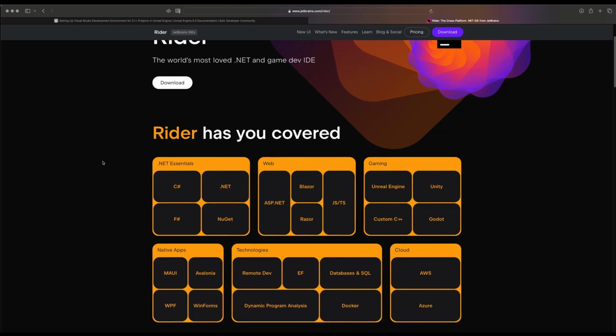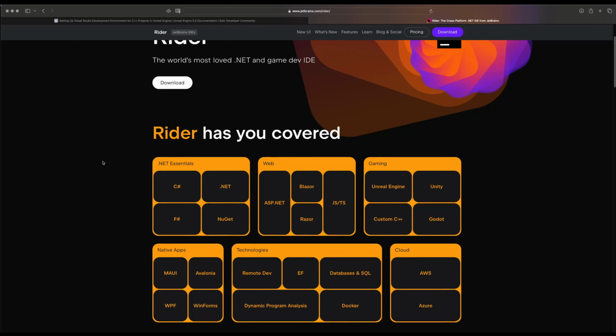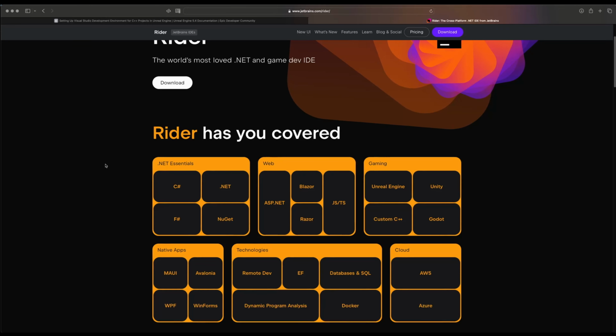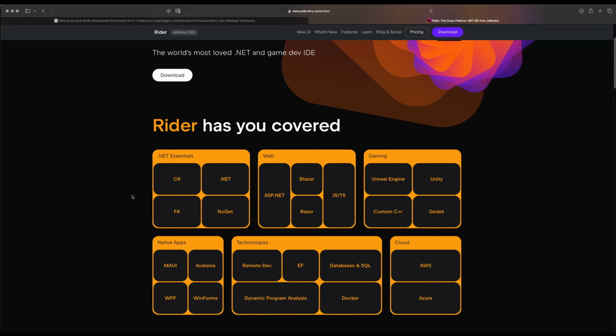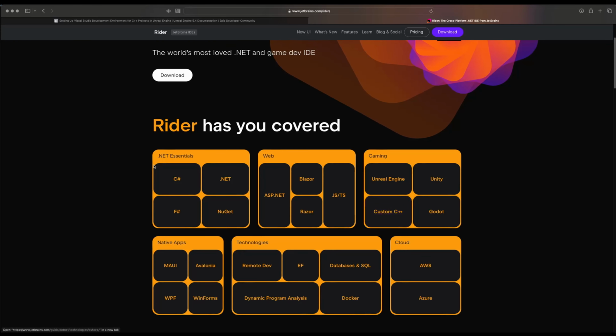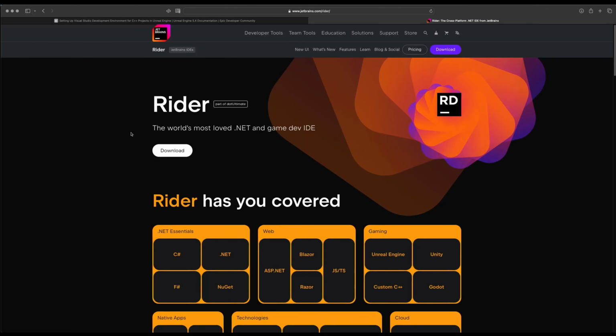You can use it for free for 30 days, and after that, you have to purchase a license. I understand that not everybody can purchase a license, but of course you can use Visual Studio for free. That's not a problem. But this is a fantastic editor for gaming. You can use Unreal Engine, Unity, Godot. You can do custom C++. But after 30 days, if you click on pricing,